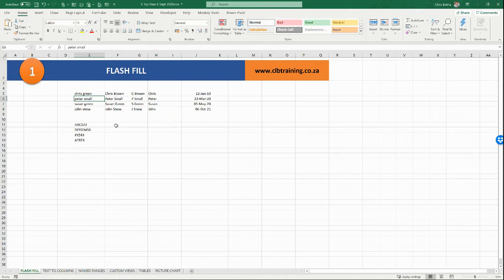Another way of using flash fill is where you might have some codes. So,